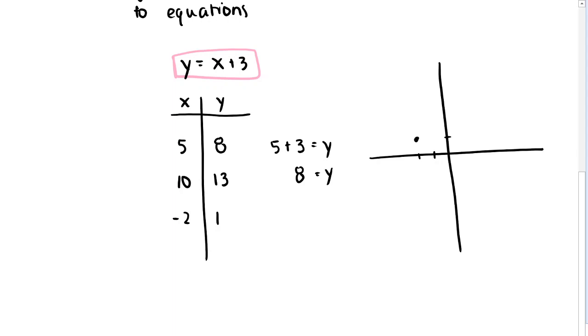Maybe we can include a few more examples. If I have 0 for x, what does that make y? Well, that makes y 3. 1, 2, 3. If I have 5 for x, that makes y equal to 8. I don't know if I made my picture big enough. Let's see, 4, 5, 6, 7, 8. So 5 for x,